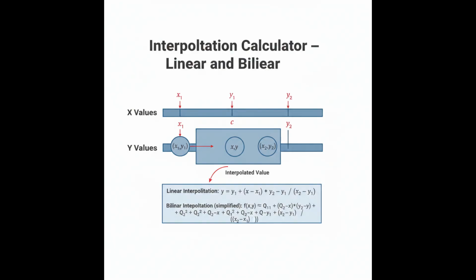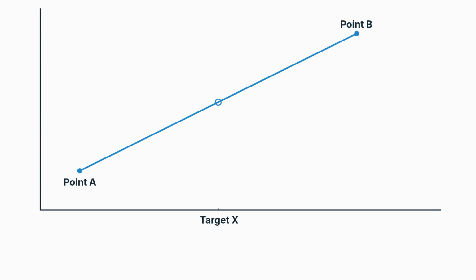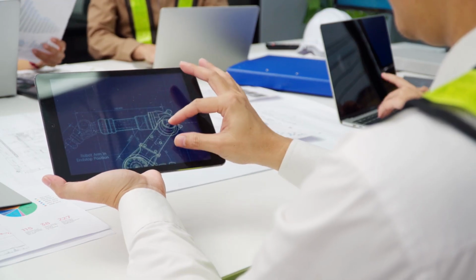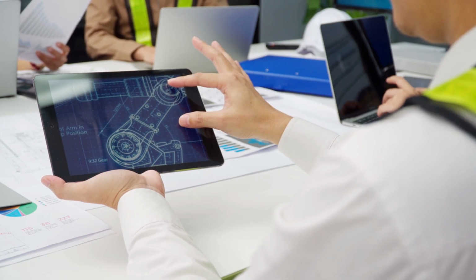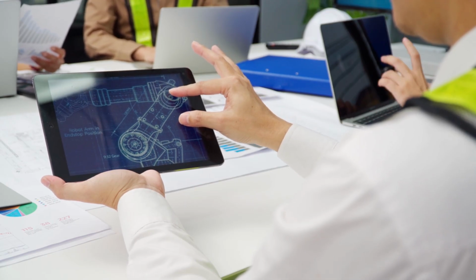Once you click Calculate Interpolation, the calculator processes your inputs using the linear interpolation formula. The results section will display your interpolated y value at the target x position. This represents the estimated value that falls proportionally between your two known points. The calculator essentially draws a straight line between your two data points and finds where your target x intersects that line, giving you the corresponding y coordinate. Whether you're analyzing sensor data, estimating values in engineering tables, or working with any dataset where you need intermediate values, this tool streamlines the